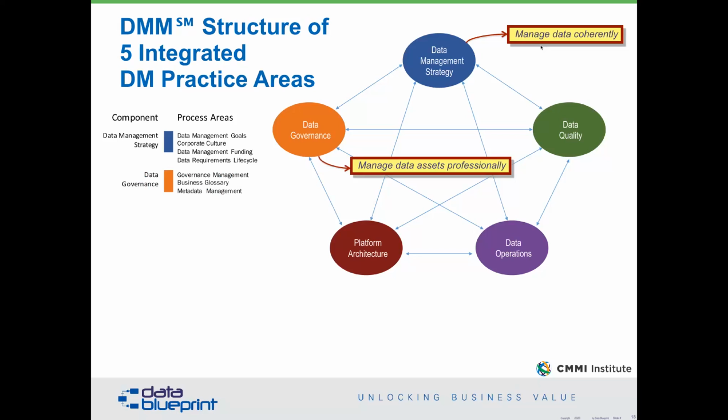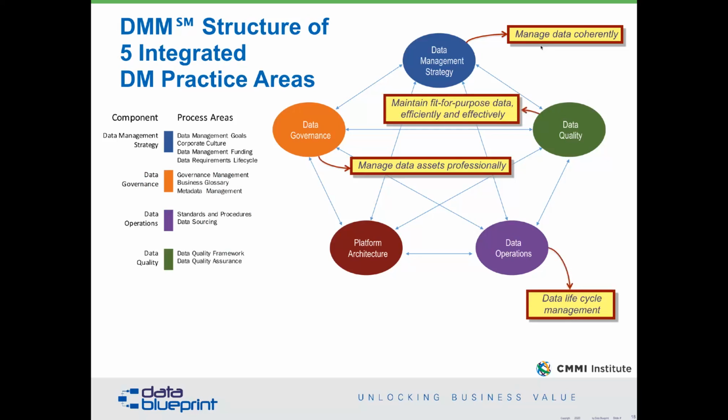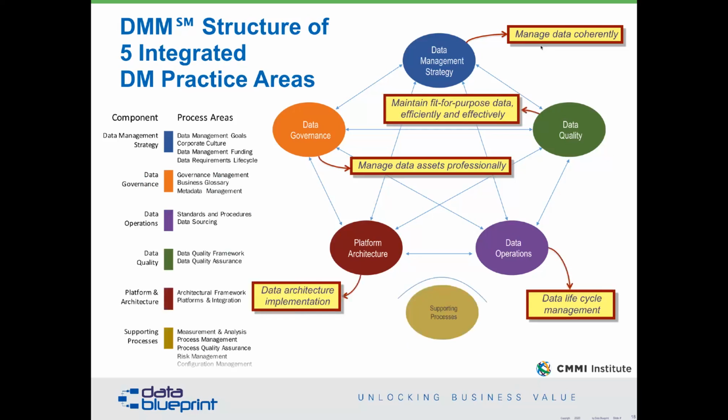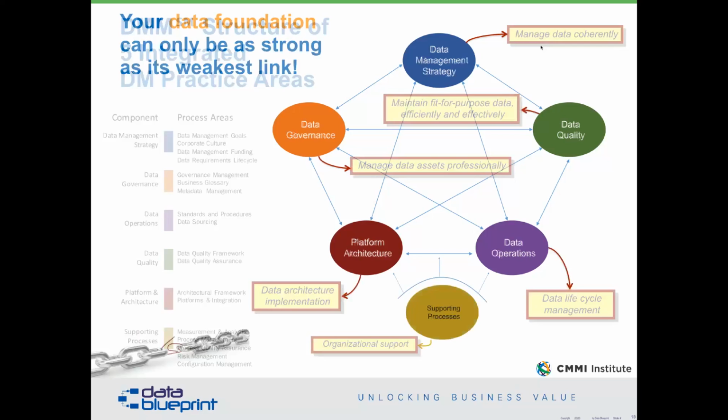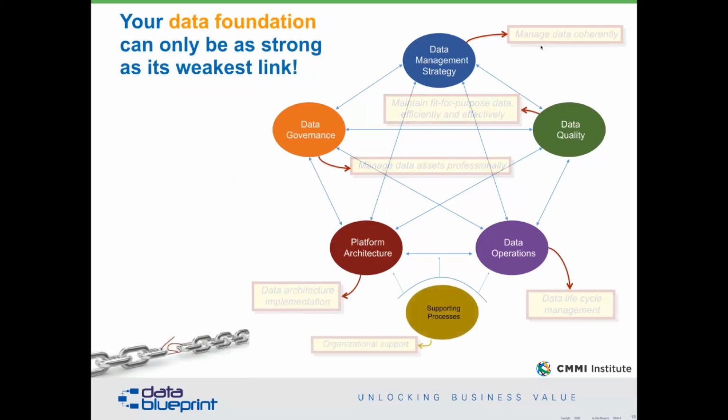So we now have enough experience to say data governance professionals are part of the equation. We need to do this with a good understanding of the data lifecycle, we need to maintain fit-for-purpose data, and we need to do it with the right processes and the right architectures if we're going to get this stuff right. And all of this has to be supported by the organization, what we call organizational supporting practices.